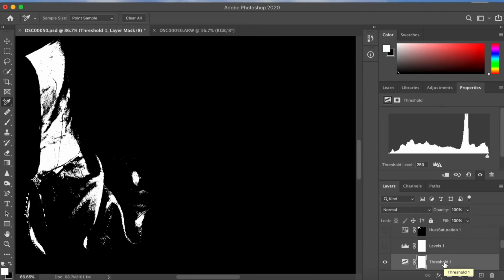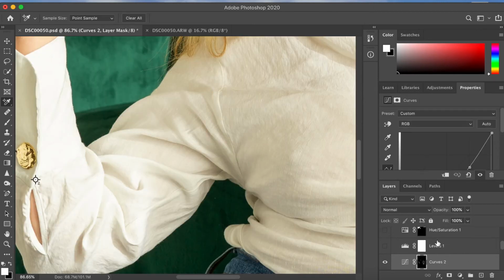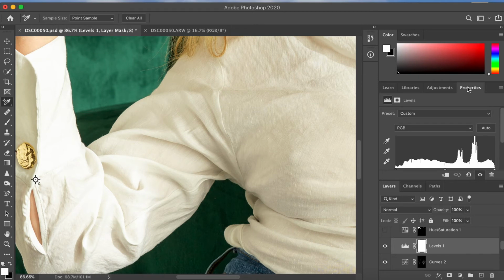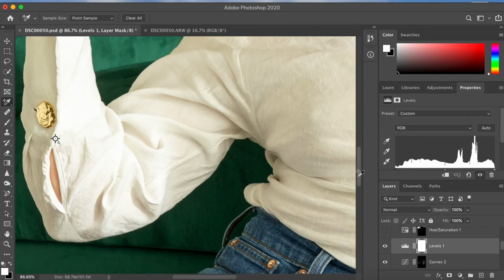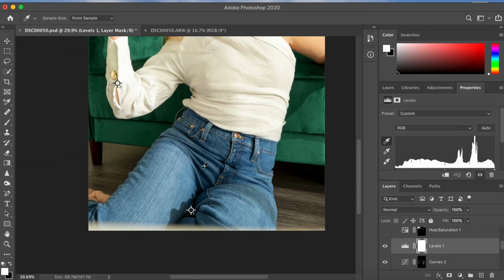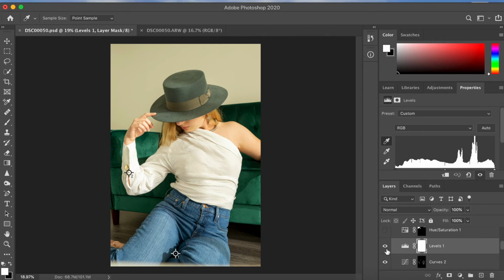And then from there, once I have my eyedropper selected, I will delete my threshold layer, and I will create a levels layer. And so here's your threshold, and then here are your levels. So what this will help you do is improve your white balance. So you're going to select the white or the highlight dropper, and you're going to go into the very center, and you're going to select on it. And you're going to do the same thing with the dark part, and you're going to go to the darkest section, and you're going to select it. And so what that will do